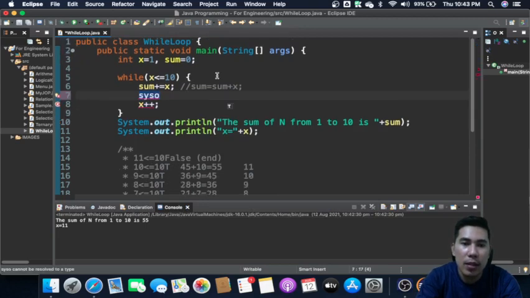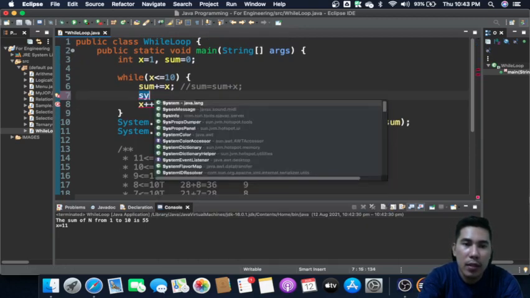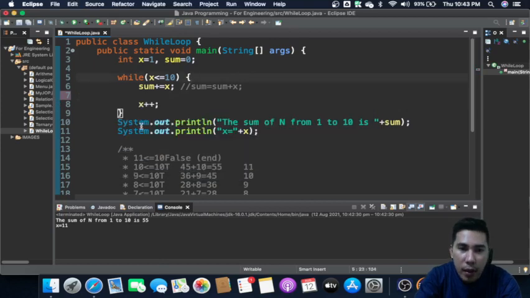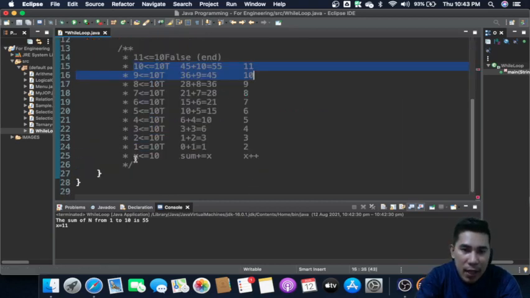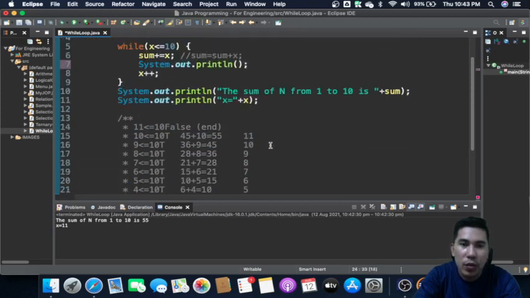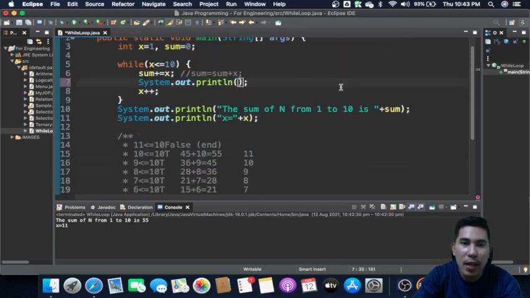It should be true, so we can read it as this one: x is less than or equal to 10.